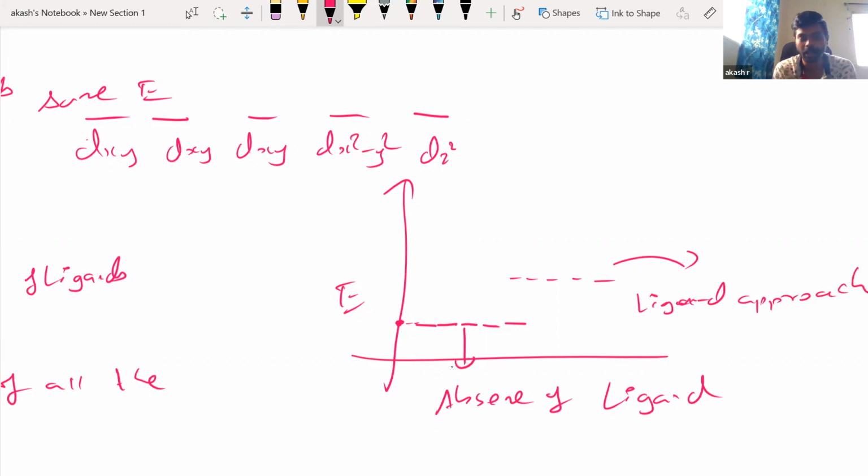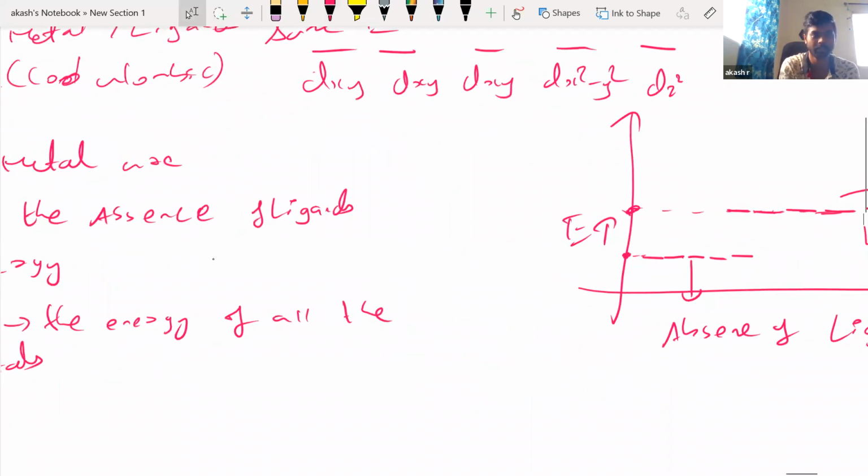So when the ligand is totally absent, all the 5d orbitals are degenerate. Degenerate means they will have same energy. Now, when the ligand is approaching, the degeneracy is still there. That means all of them are going to have same energy, but the energy value, as you have seen, is actually going to increase. The energy value has increased for all the 5d orbitals. Is it not? Okay, next, what is going to happen when the ligand is fully approached, right? Next point is,